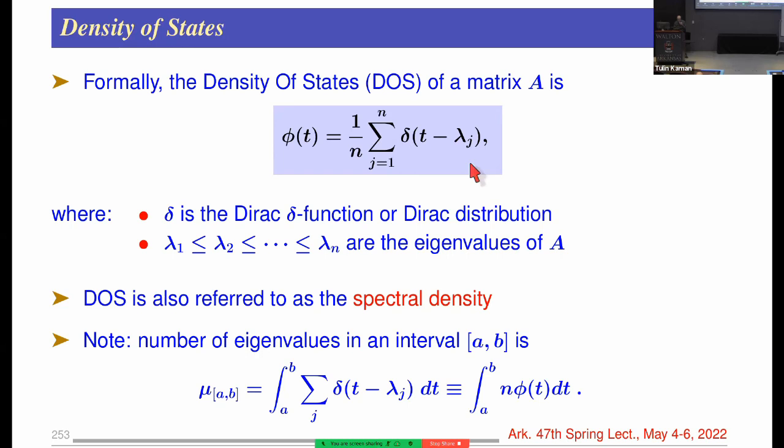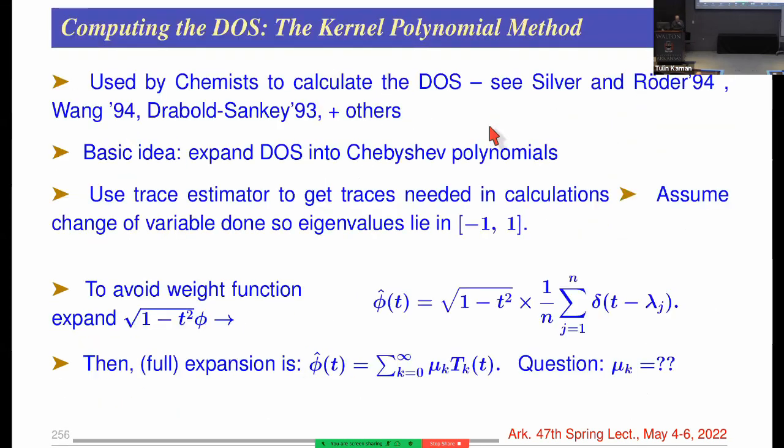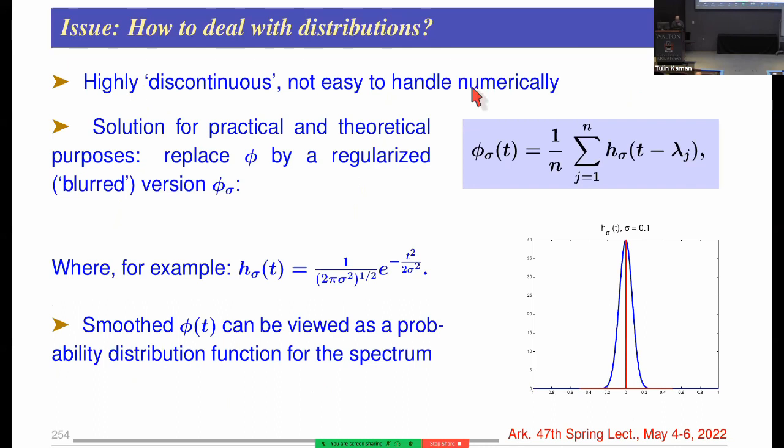because the eigenvalues are not known, for one thing. You don't want to compute those. But what you do is you actually replace the distribution by an approximation like what